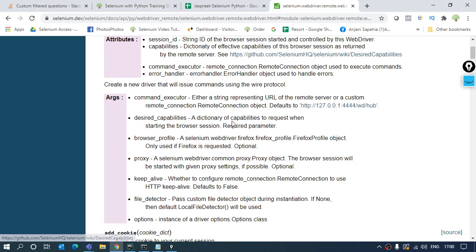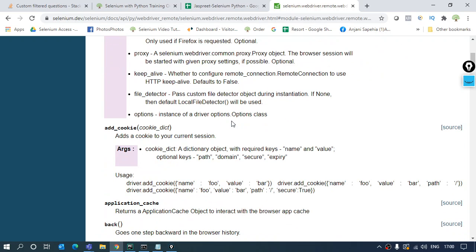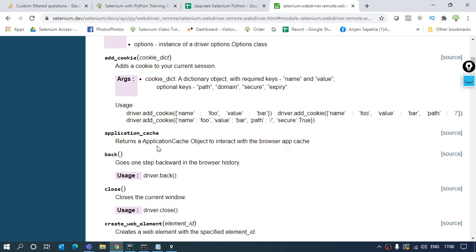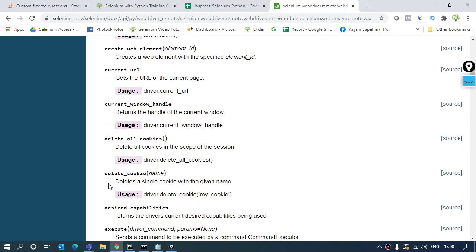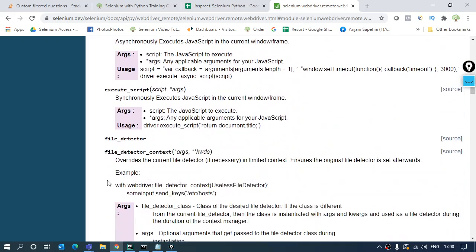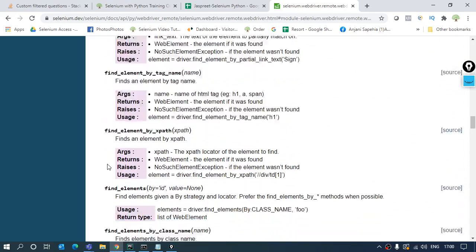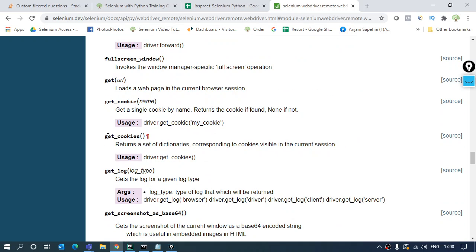Inside this class, I have a number of functions. I'll show you the simplest one. See, this get function is used to navigate to some URL. Once the browser is open, you navigate to some URL, and this get function helps you with that.